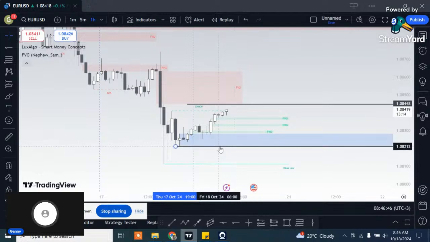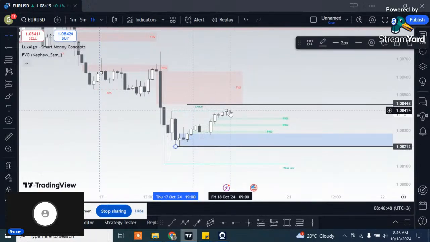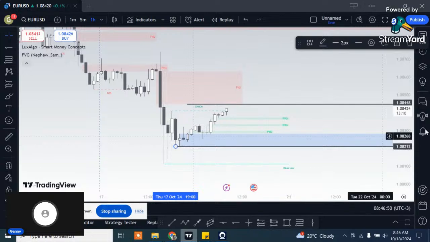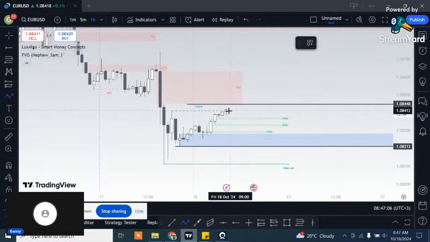So we have an order block which has just led to this change of character. So we have an order block right there. So what does this mean? Remember, we look for an area of interest from the previous day, and having this order block, what I would expect is for price to actually come